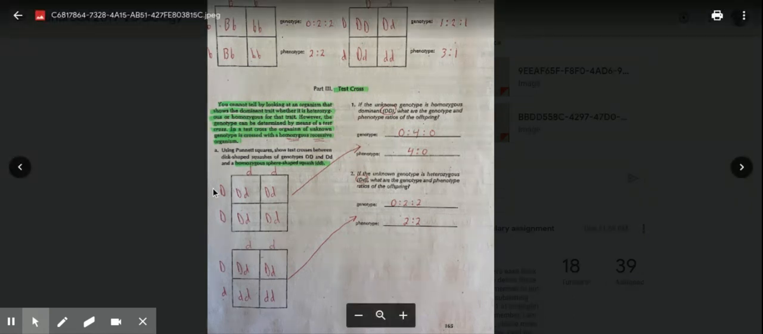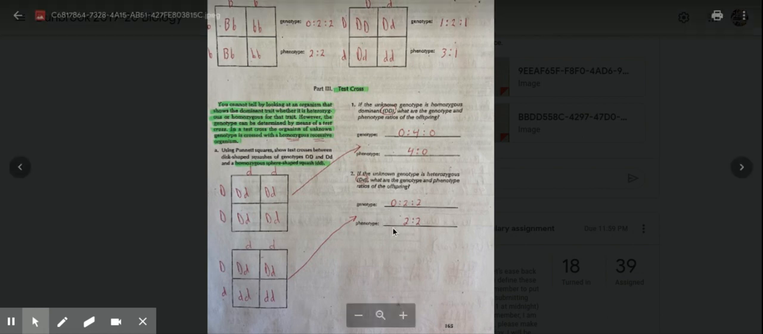So when we do it this way, we would expect to get all 4 heterozygous children, and all 4 phenotypes would be dominant. So these ratios would be here. So if you saw something like this appear, you'd be able to say, oh, that original unknown parent must have been homozygous dominant. Now, on the other hand, if the unknown parent was heterozygous, we would expect to see different